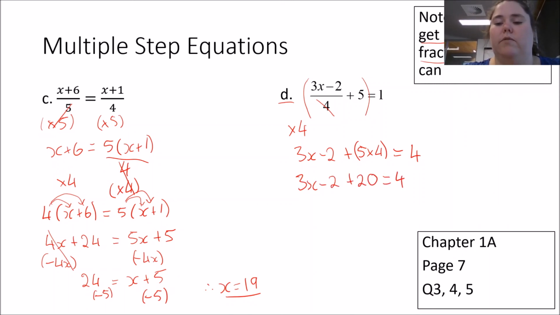So we can simplify that. So deal with your numbers on one side first. So we got 3x minus 2 plus 20 is plus 18. Okay, and now we're back to our steps. So we times by 3 and then added 18. So in reverse, we're minusing 18 and then dividing by 3. So we minus 18,